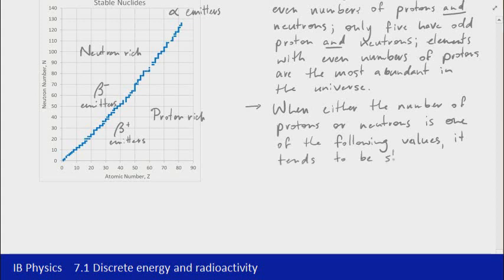So it's now not just about even numbers, it's about a very specific list of numbers, those numbers being 2, 8, 20,